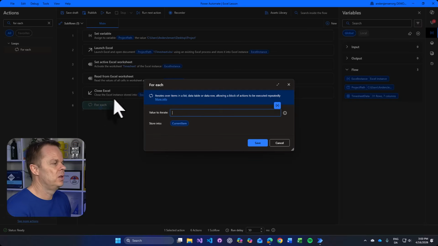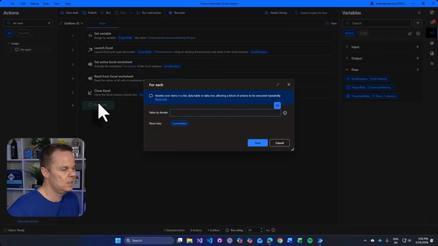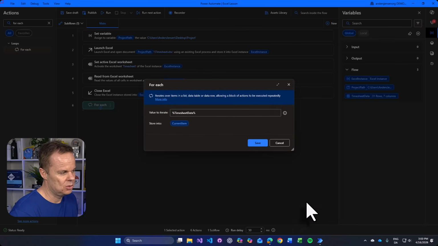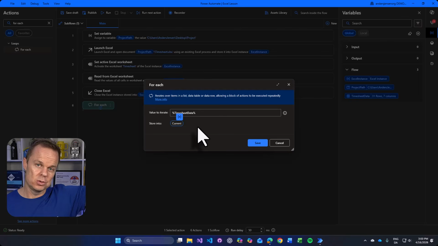So then after the close Excel, we can iterate this Excel data table, sorry. We click the X and we navigate to timesheet data. Then we can also see that we have the current. This is just a name in this loop. So when we take them with the for each from start to finish, then there will be a current item. Let's call this one current